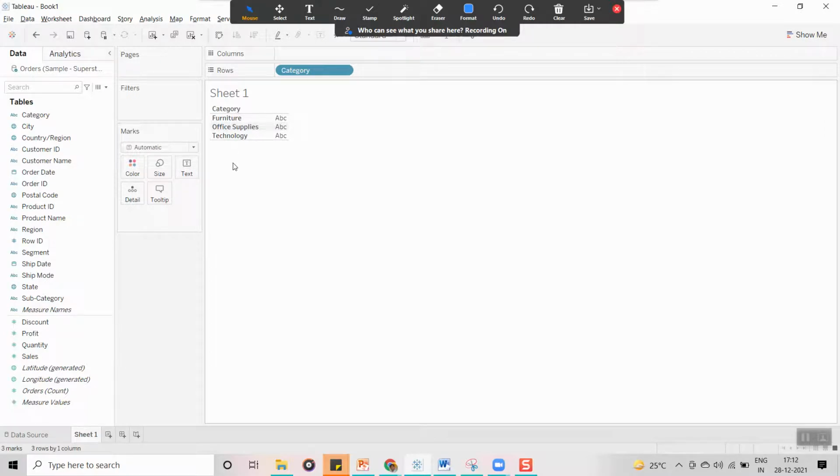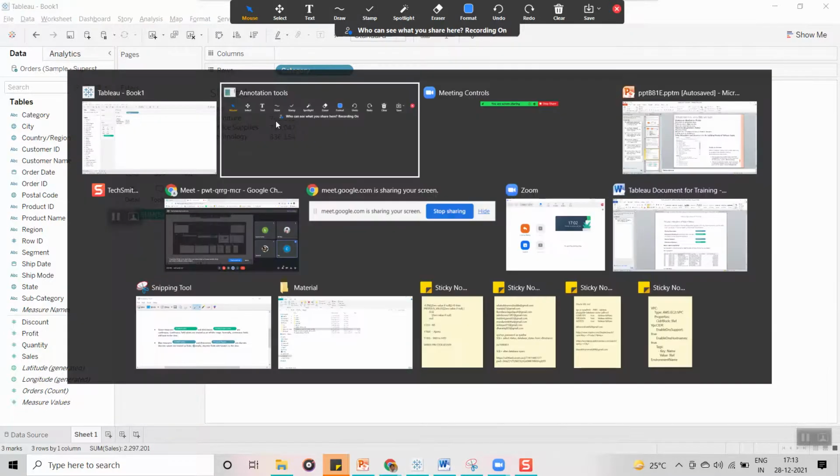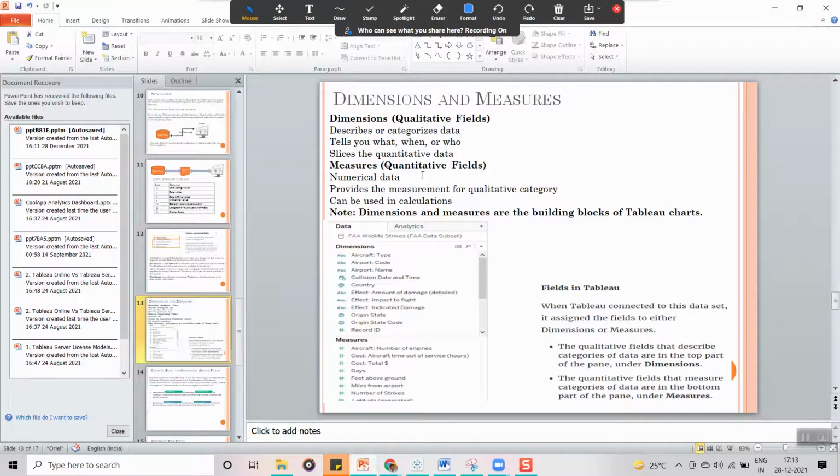Now if I drag sales here, you can see it displays the quantity for each category. That's why all measures are quantitative and all dimensions are qualitative fields.